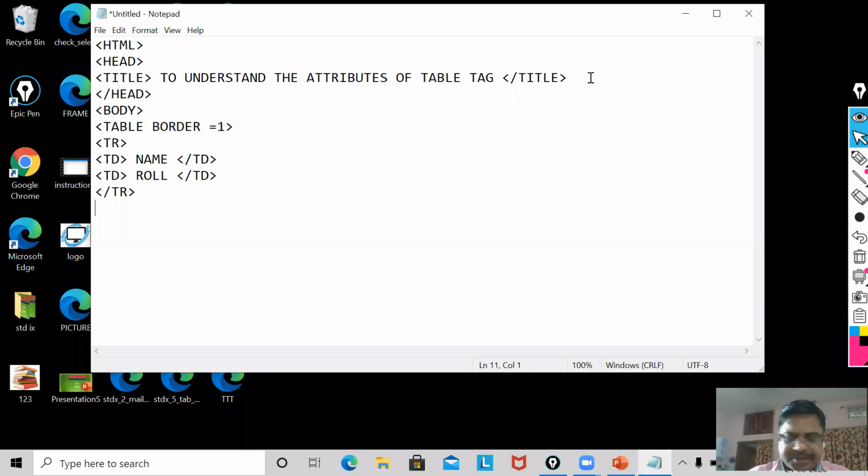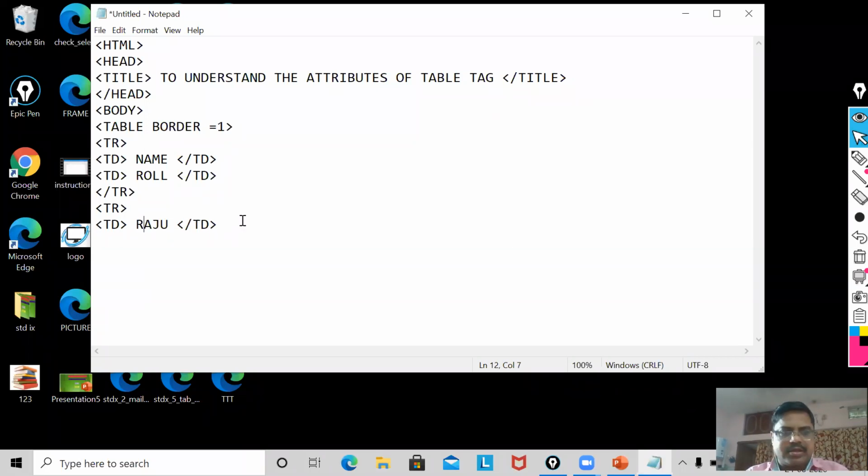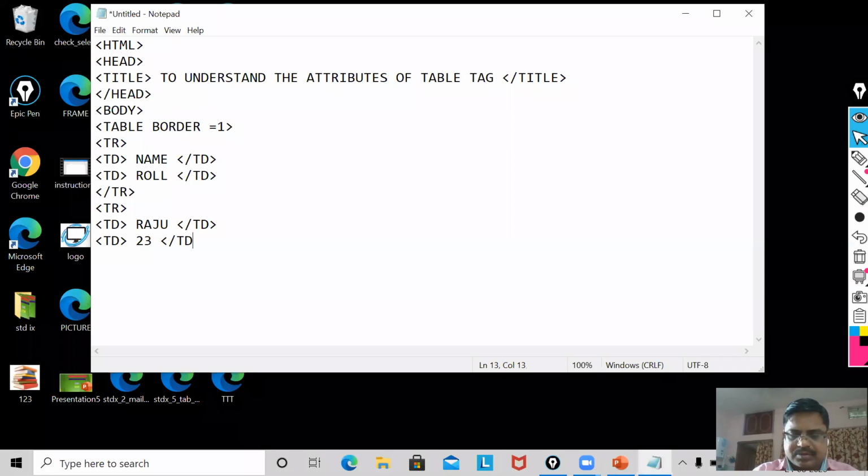The first row is completed. Now I'm going to work on the second row. td Raju, td roll number 23. Now /tr and then /table.